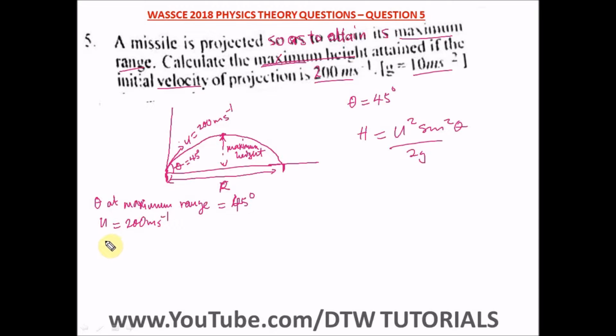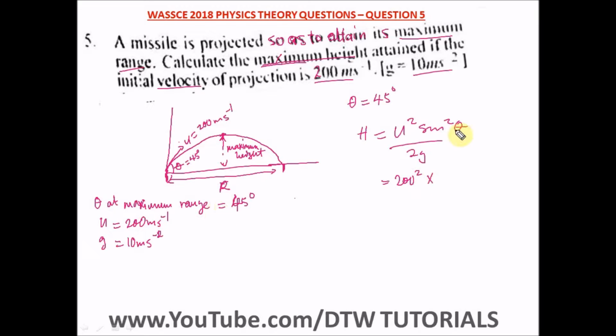What else again do we need here? G is equal to 10 meter per second square. State all this. Then definitely your formula, you should have stated your formula, maximum height is equal to this. So we substitute all this into this equation to get our maximum height. So what is U? U is 200. So we have 200 square times